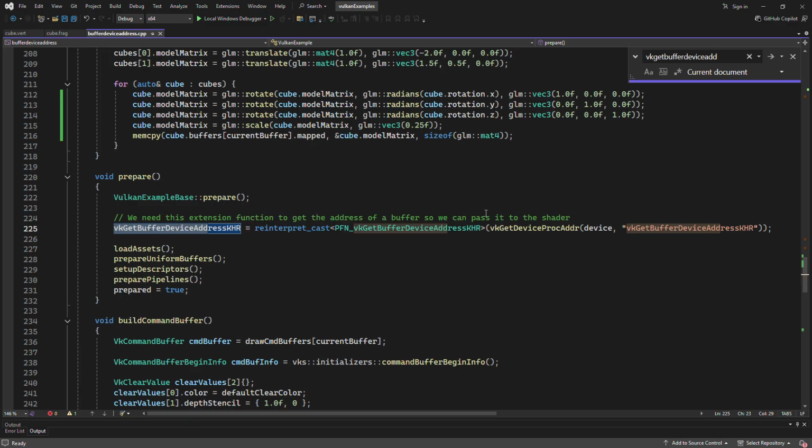We need this extension function to get the address of a buffer so we can pass it to the shader. So I'm going to guess that if I disable this,